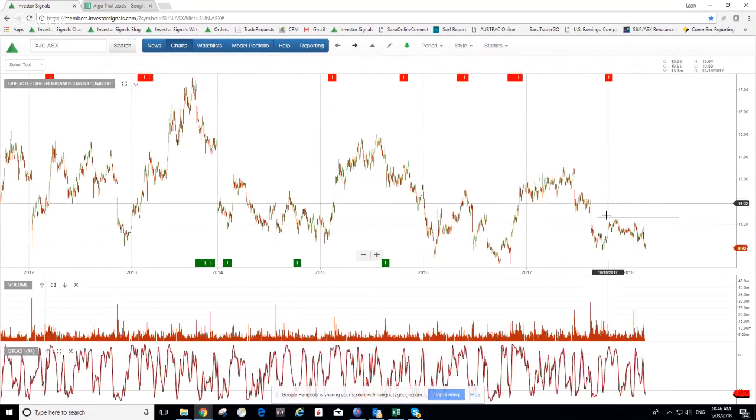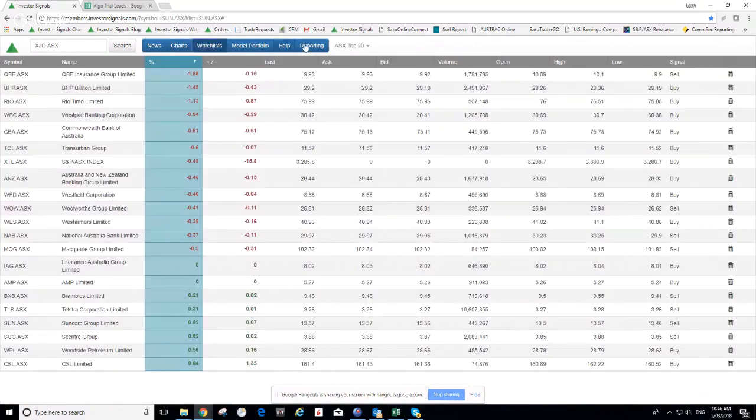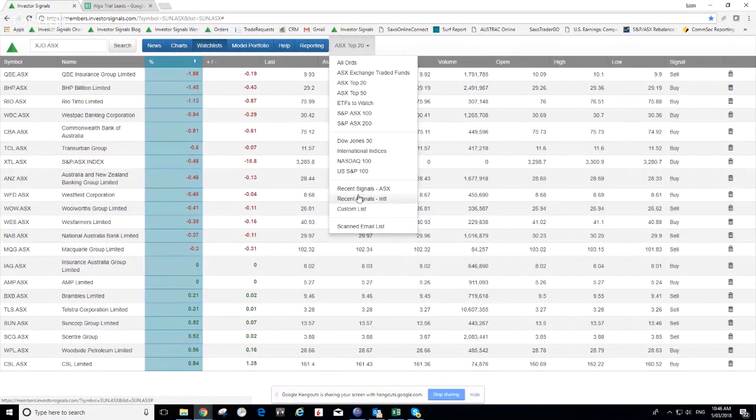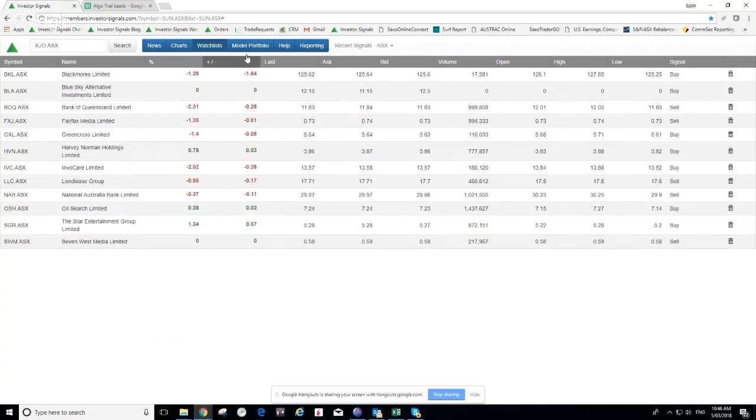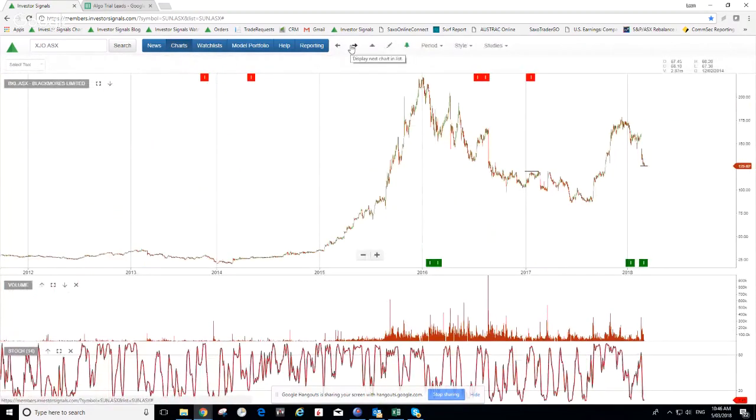QBE, the earnings result disappointed a little bit. You can see it's under pressure with the sell side algorithm signal, and there we are back to Rio. What I want to show is, if you click on the watch list and go in here, we've now separated the signals out. Whereas previously we had the ASX and the international or US signals combined, now we've separated them. Click on ASX, go to charts, toggle through them,